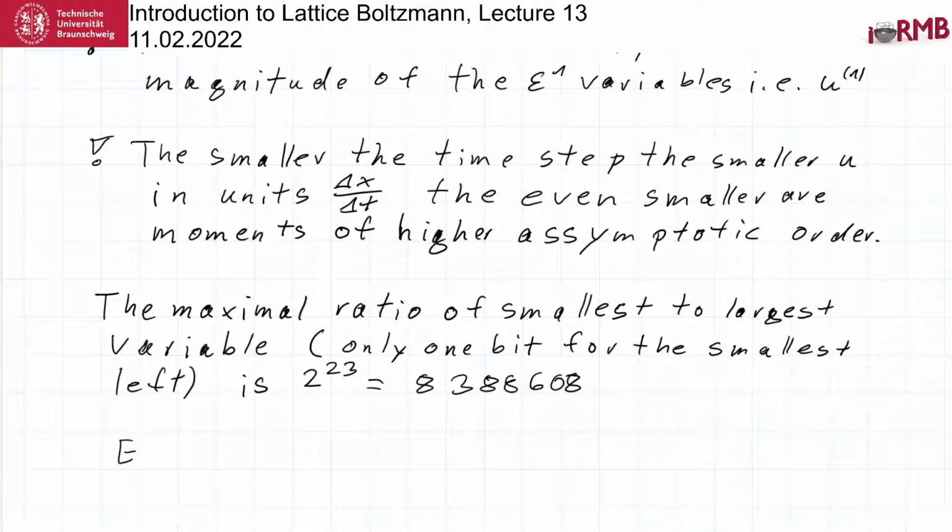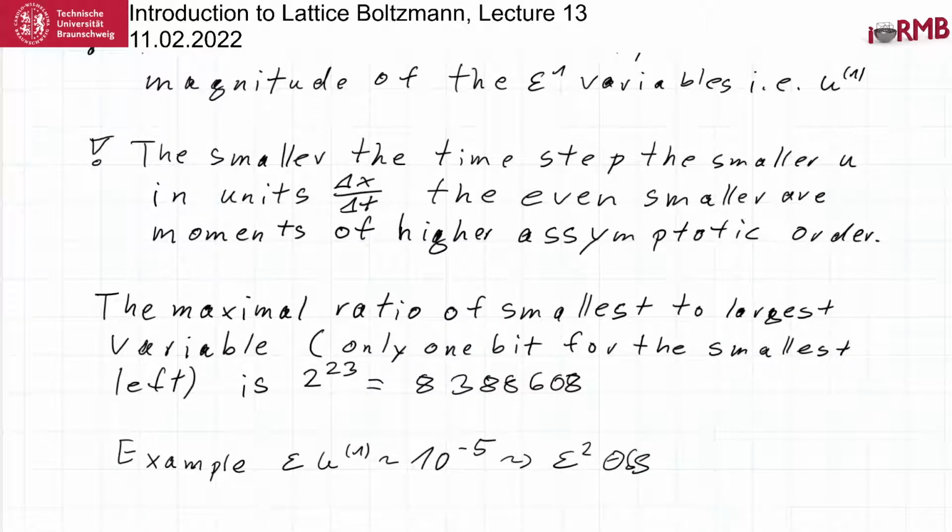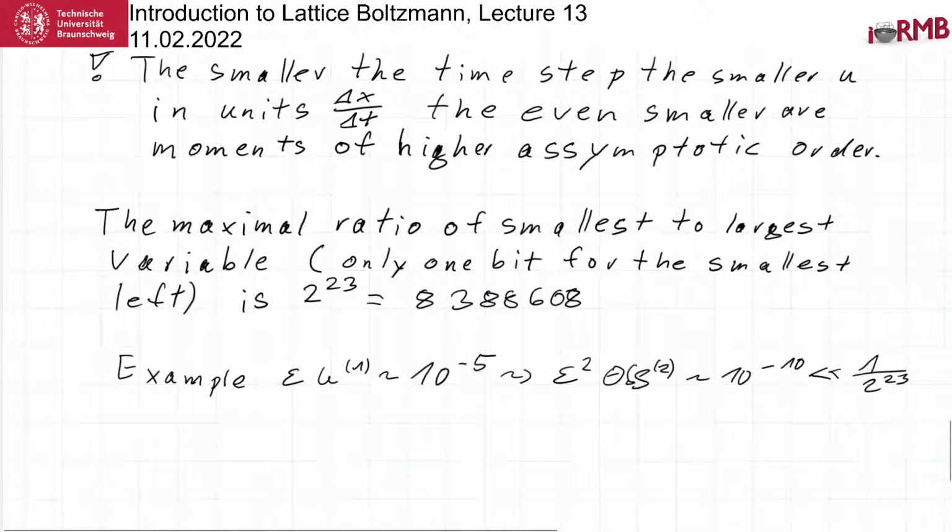And let's look at another example. So if we have epsilon first order u, if this, for example, has a velocity magnitude of, say, 10 to the power of minus 5, so there's a small vortex somewhere which has the velocity 10 to the power of minus 5, then this would introduce a pressure of the order of 10 to the power of minus 10, which is, of course, already significantly smaller than 1 over 2 to the 23,